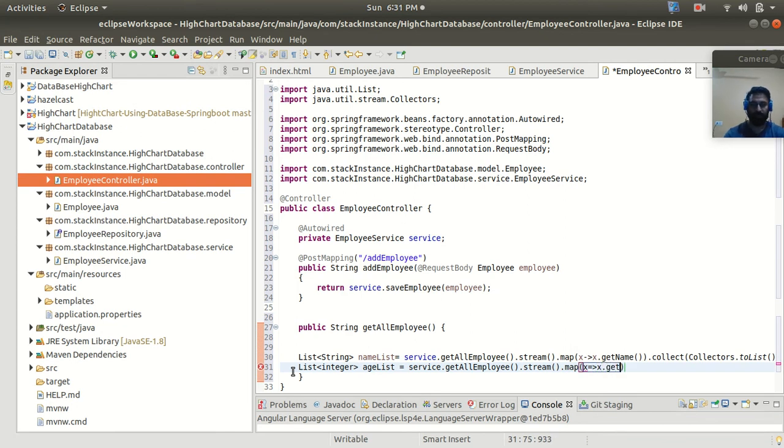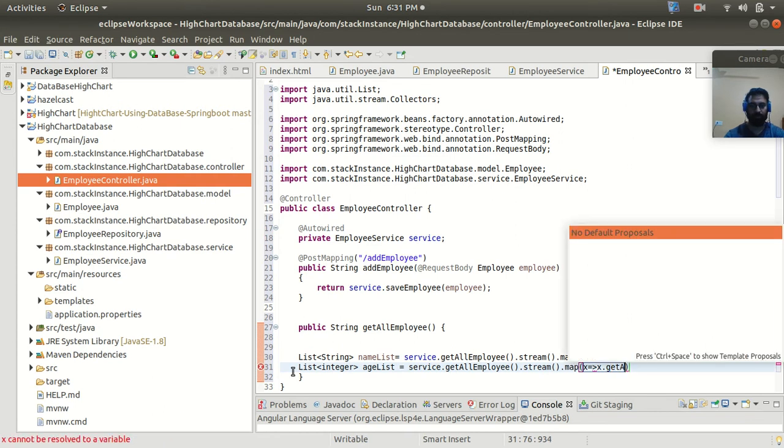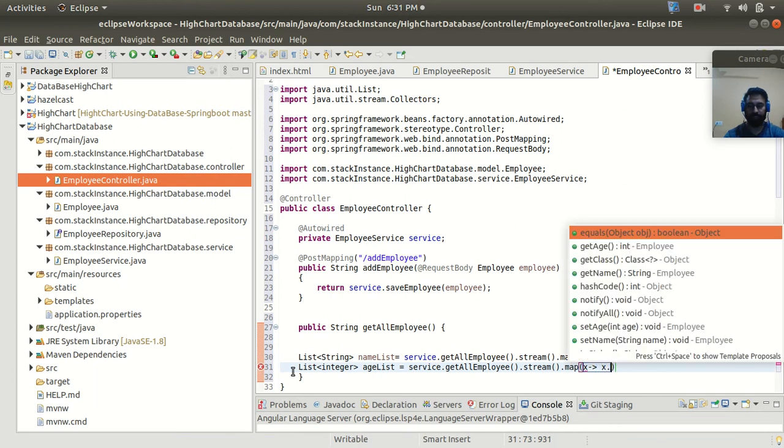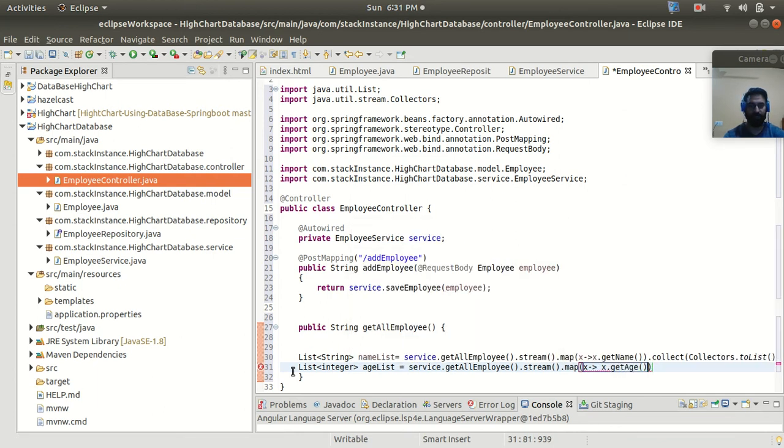So here I will use the getAge, with the arrow, x dot getAge.